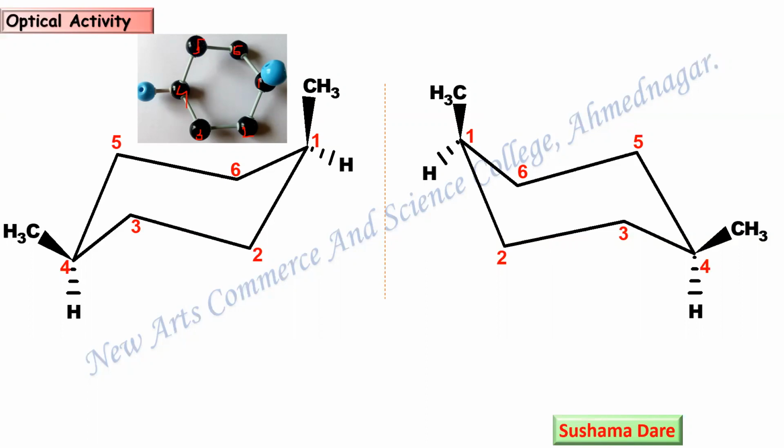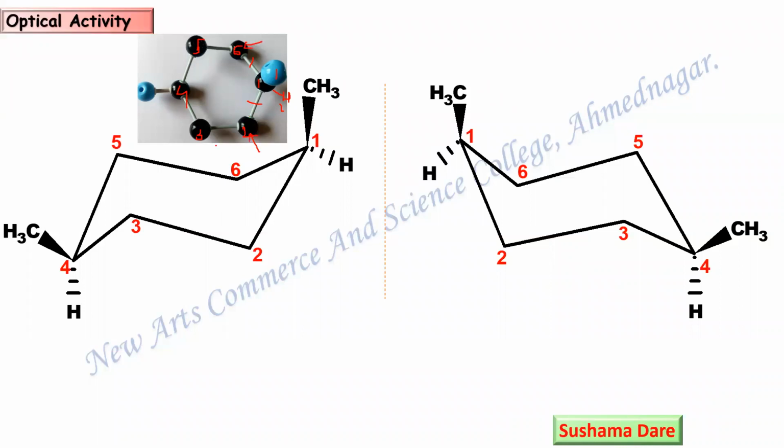So look at the C1 methyl group. Now, whether 4 different groups are present or not. This is number 1 group. This is the other hydrogen, present at the equatorial position, number 2. So these are 2 different groups. Now let us go for the next groups, whether they are the same or different. This group is CH2, this group is again a CH2. So here is also CH2 and here is also CH2.